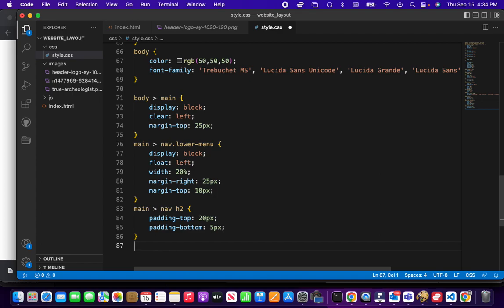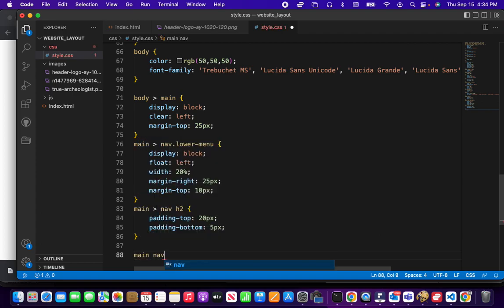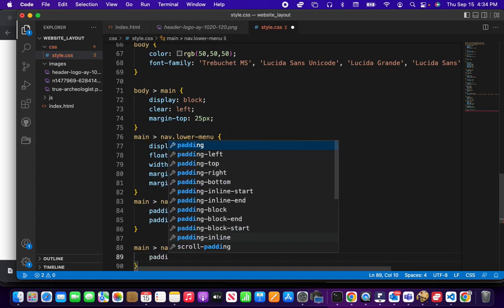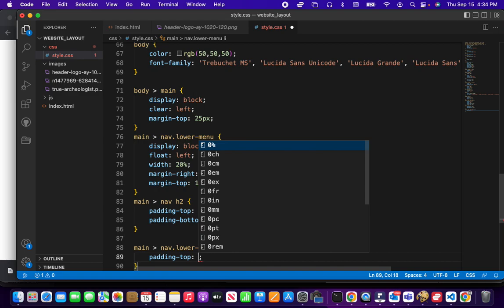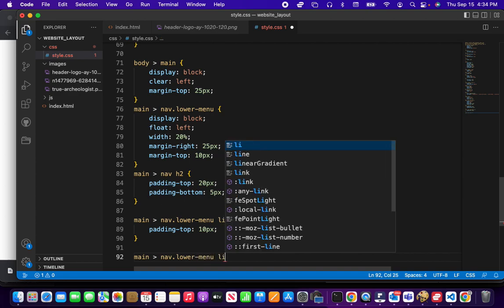Let's go to add another one here. We'll go main, child element nav dot lower menu li, and I'm going to give this a padding top of 10 pixels. I'm going to go ahead and add another one, main child element nav lower menu li